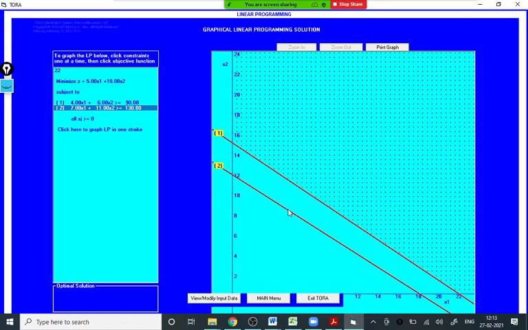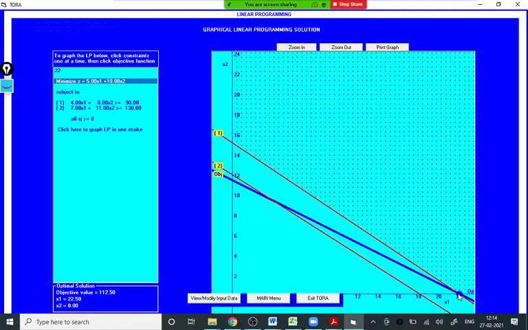So here also the convex polygon theorem we can apply. The convex polygon theorem says that the maximum or minimum value occurs at one of the corner points. So how many corner points are there in this feasible region? Sir, 2. Only two, this point and this point. Remember the feasible region is unbounded. It is an infinite region. But when we move away from the origin, generally we get the maximum value, and we are not interested in maximizing. We are interested in minimizing. So the minimum value will occur at the point which is generally nearest to the origin. So these two corner points are the possible solutions.